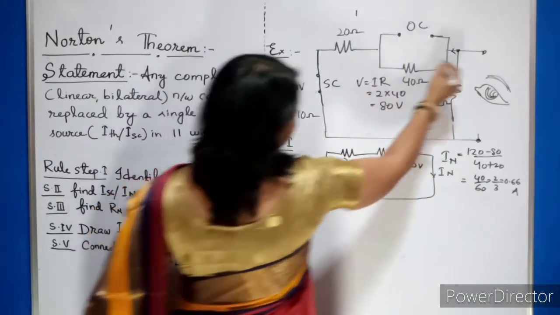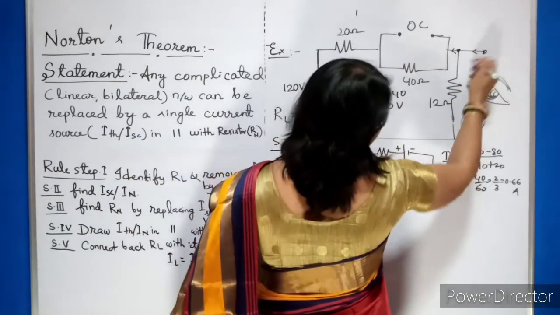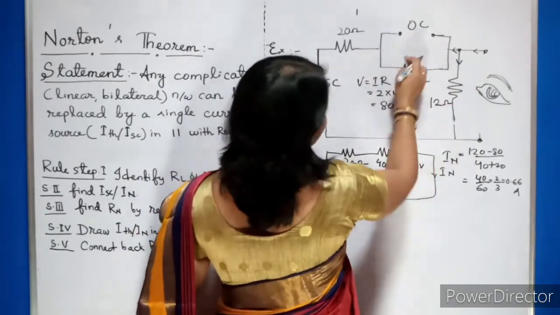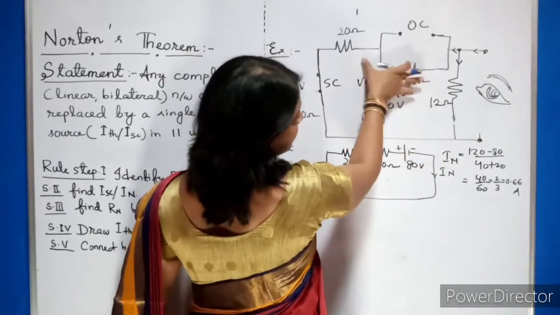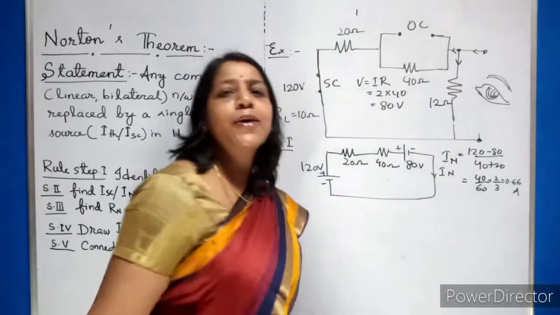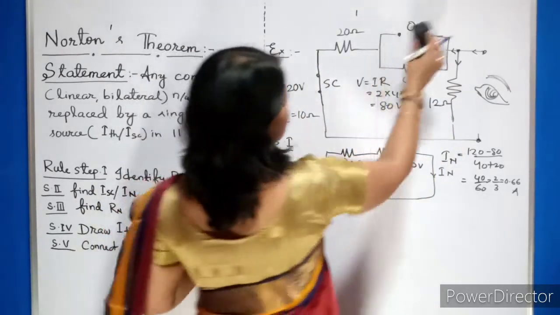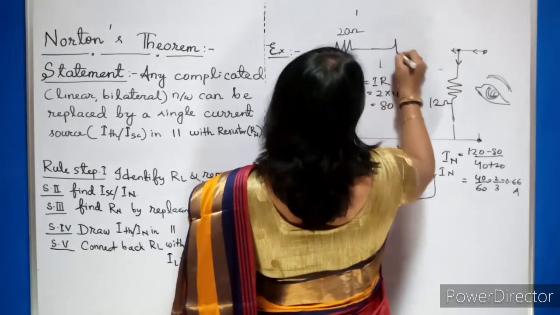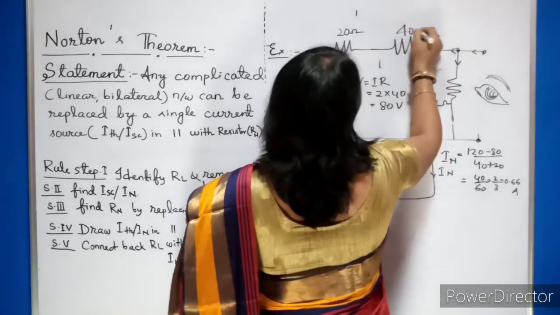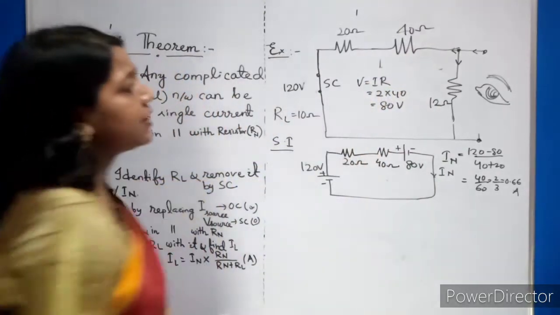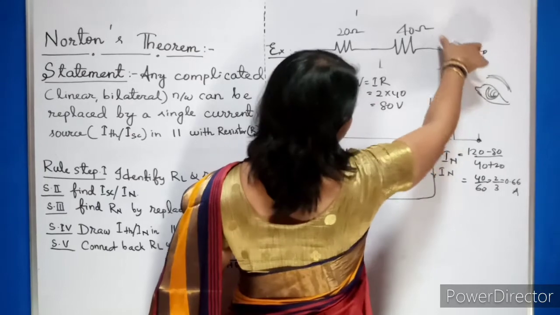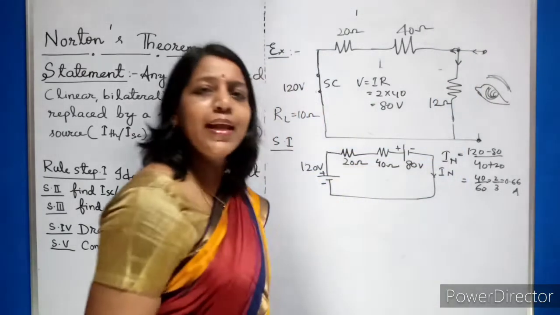So your 20 ohms will divide here. You imagine a source connected here. There will be division. So your 20 ohms is now 20 plus 40 connected in series, along with 12 ohms in parallel. Clear or not? You can just simplify it. This open circuit has no meaning. So now this is 40 ohms. It is very clear, 20 and 40 are connected in series. Now here you see the point of junction, there is division of current.